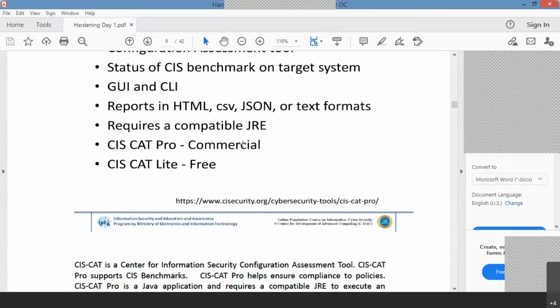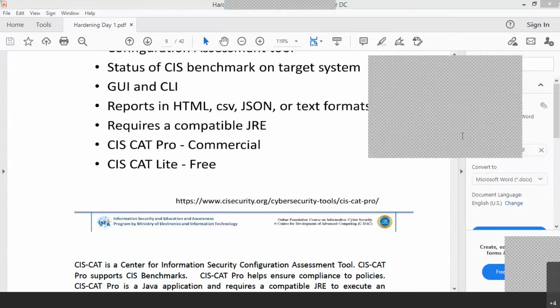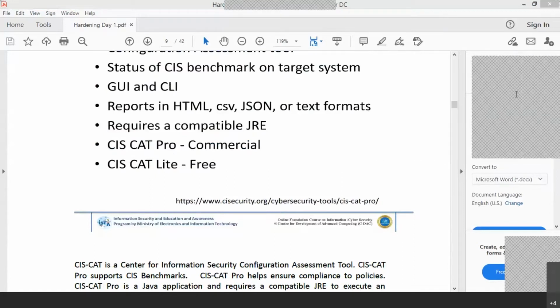I'm having a Mac OS with me. So during the training, do we have any vulnerability scanning for that? Sir, if you have a Mac OS, I suggest you install... See, it is a best practice that you should not install any vulnerability scanning tool on a host machine.